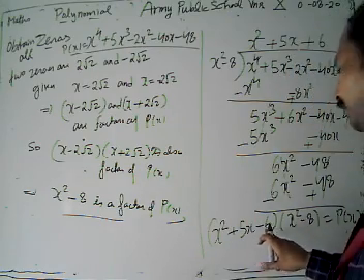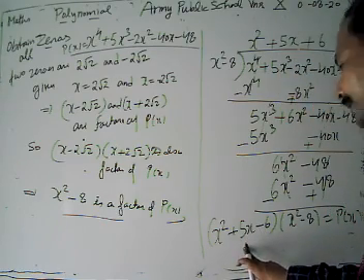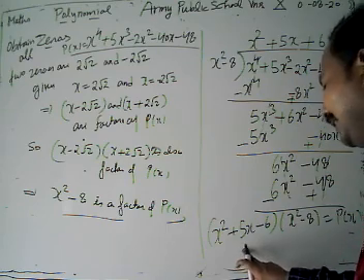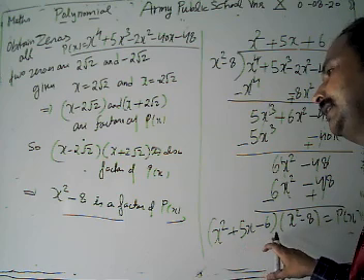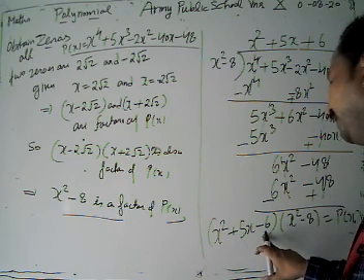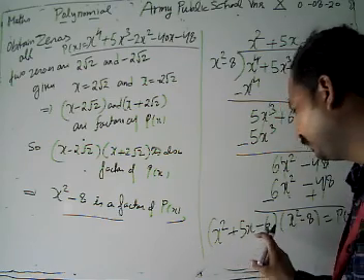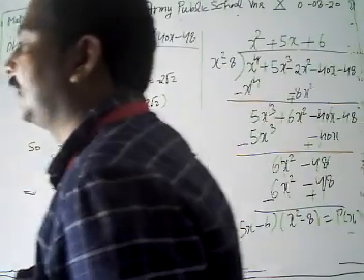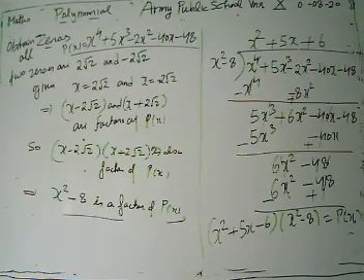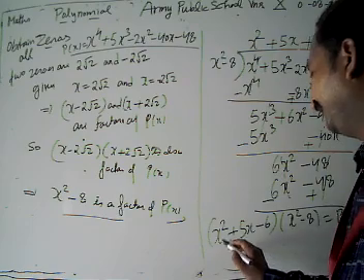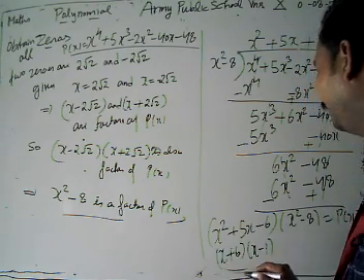Then what we get: the factors of 6 such that its subtraction is equal to 5. And what is this? It's plus 3 and we take the middle term splitting, plus 3, 3 into 6, then plus 3 and 2. Then we get minus here. So look, we get a sign difference. The factors of 6 such that its difference is 5, then it's our 6 and 1. Then we factorize it. We get factors x plus 6 and x minus 1.